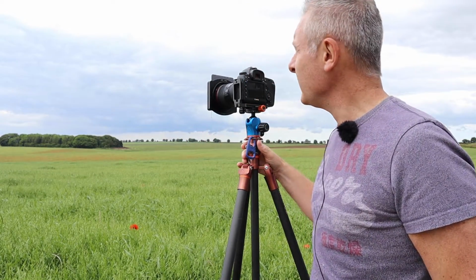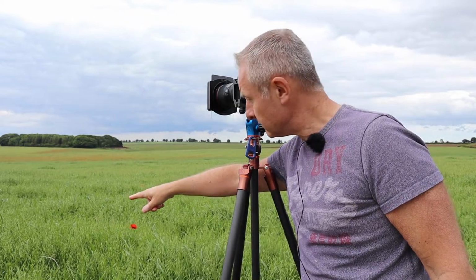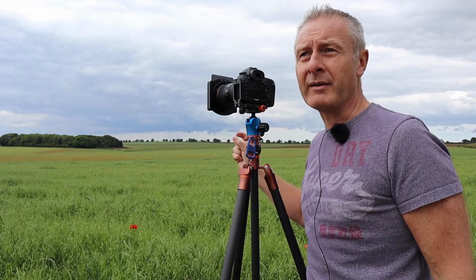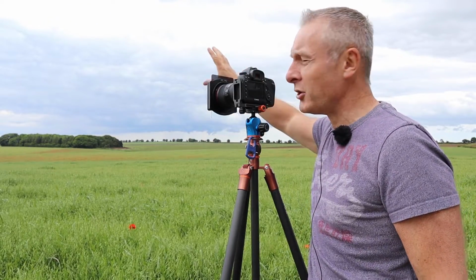So I've got the 16-35 on, got a really wide shot. There's a poppy right down here. I can't see it anyway, you might be able to see it down there. So I've got that poppy right in the bottom of the frame, just as a bit of foreground interest. You've got mid-ground interest with a poppy field, and then you've got a huge sky at the back,